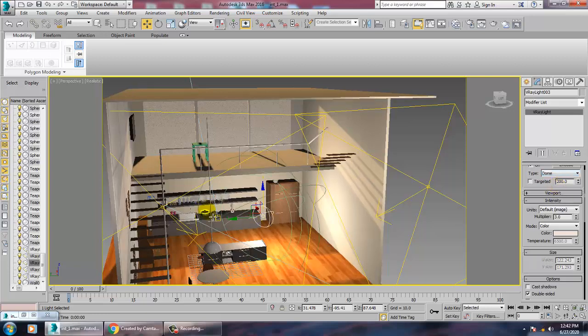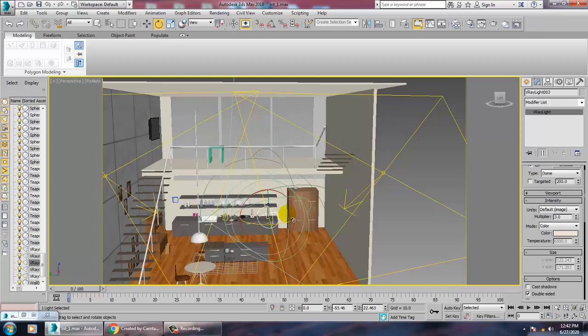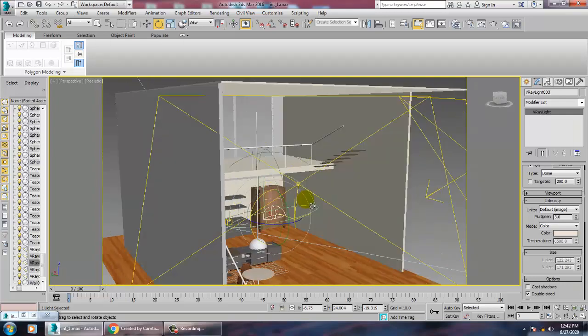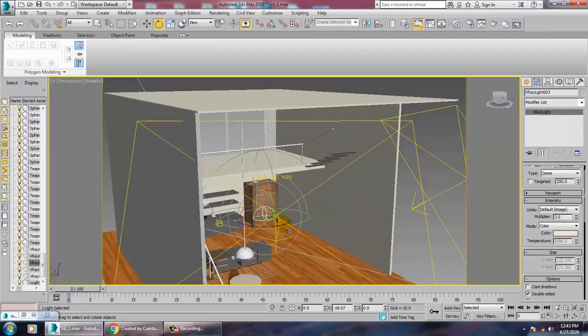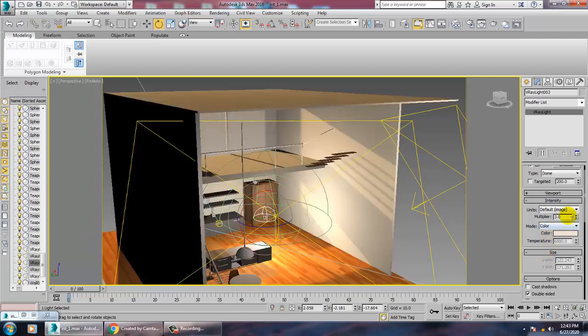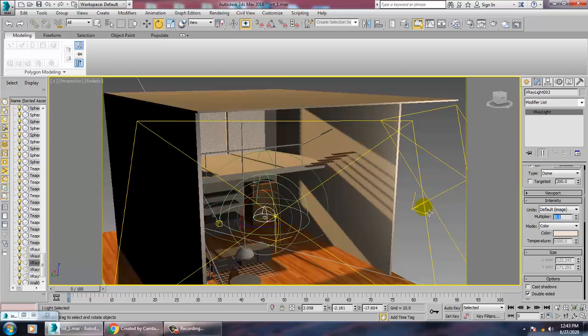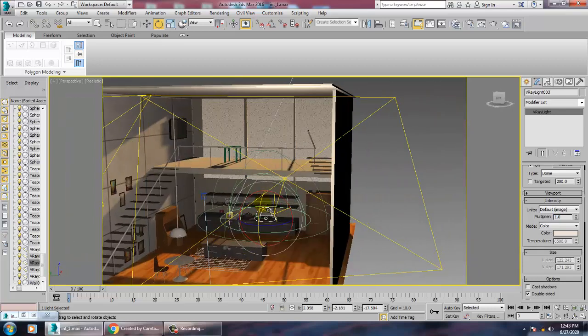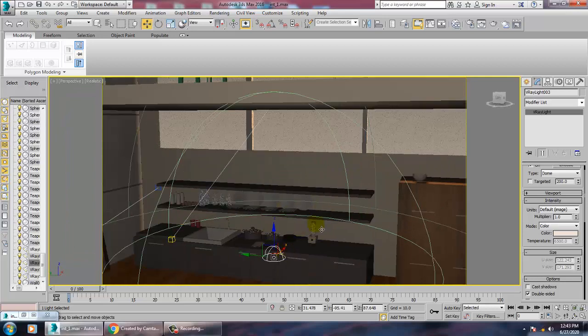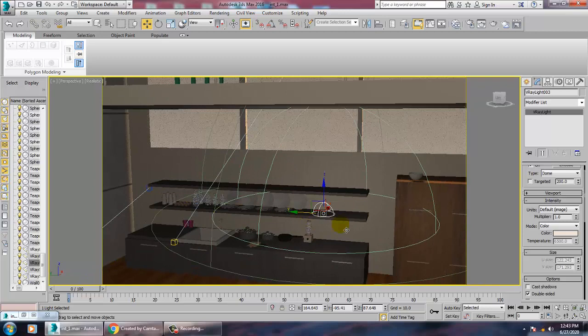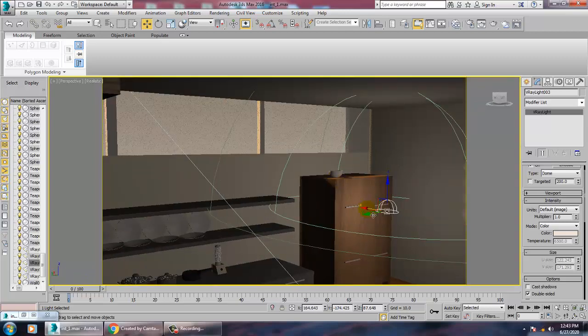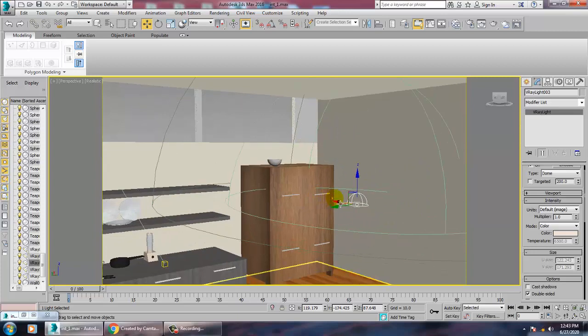I'll rotate this light and reduce its intensity multiplier to 0.1 or 0.2, because if you go with a value of 1, it might increase too much. We are not going to put a very harsh light. We just need a bit of support over here.